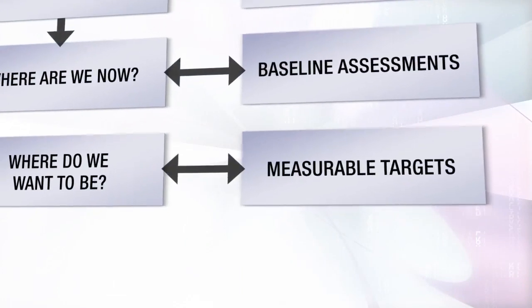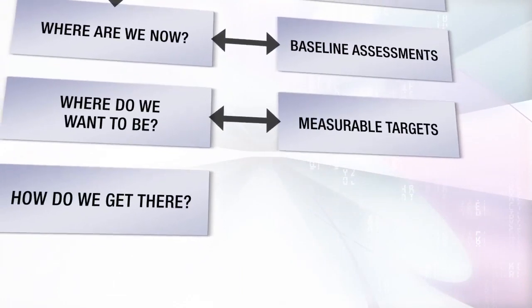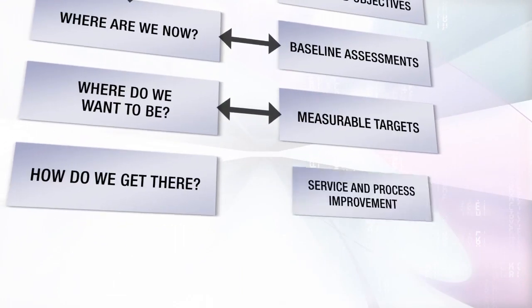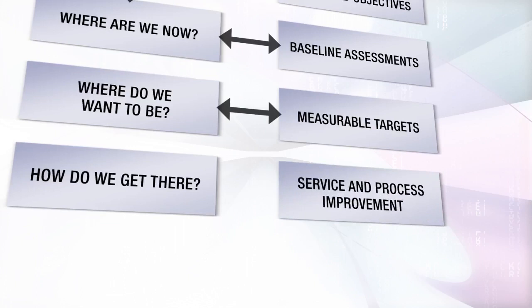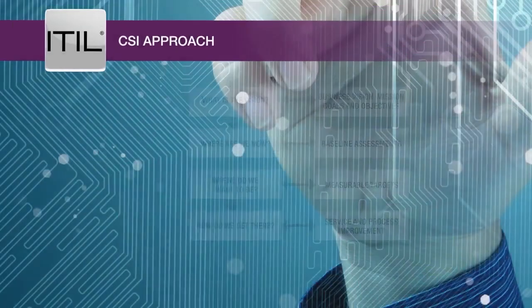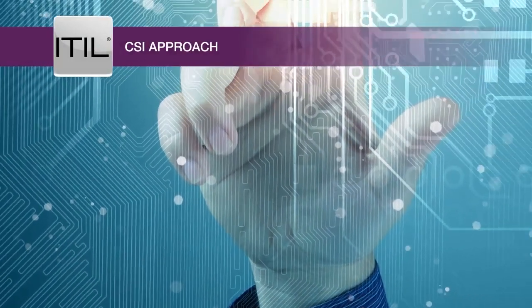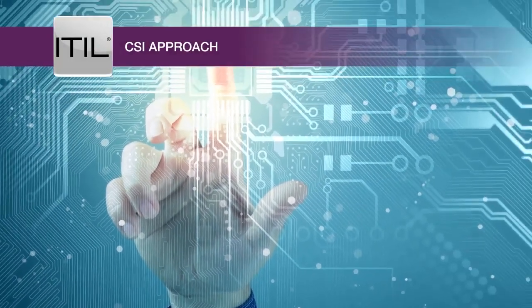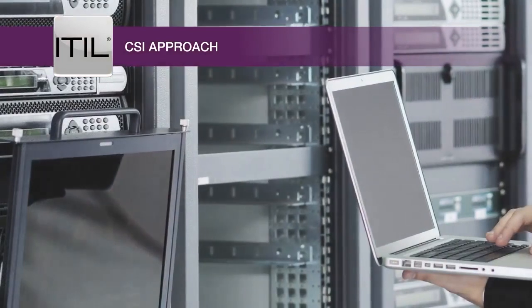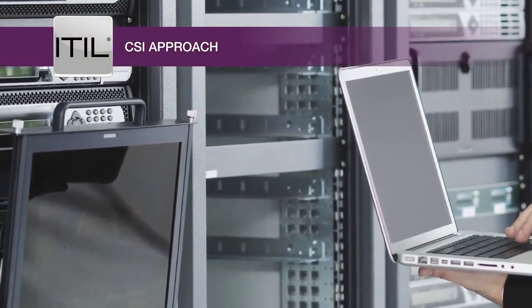The fourth question is, how do we get there? To answer this effectively, a detailed continual service improvement plan will need to be formulated to focus on achieving higher quality service provision by implementing or improving the IT service management processes. With a clear direction and plan as to how we are looking to improve our service, the next step is